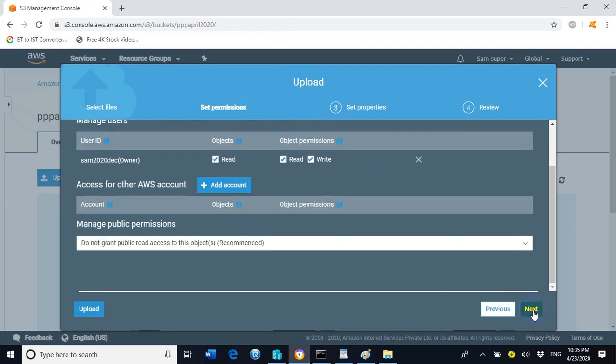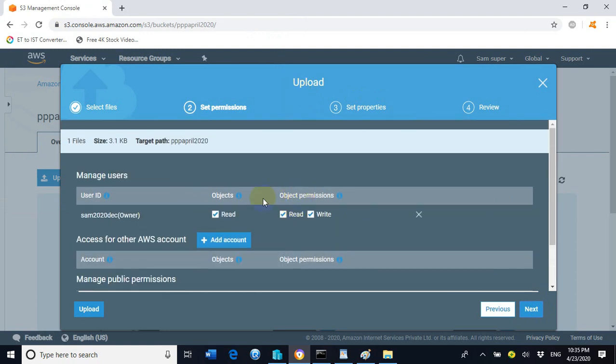Now click on next and you can see another upload screen. In this screen you can see the username is Sam2020, who is the owner. So this user has full permission or rights over this bucket.